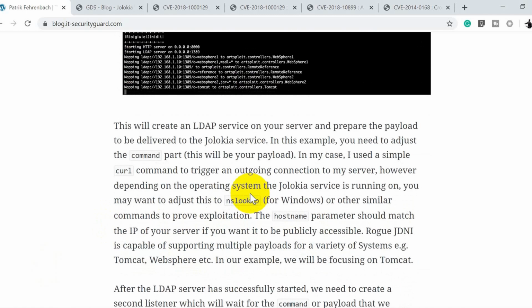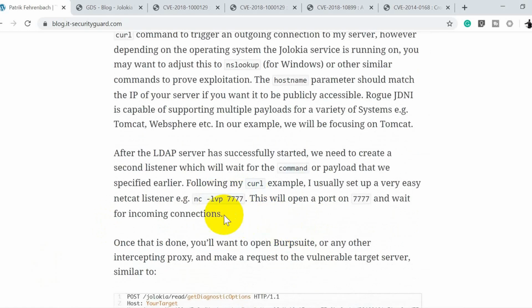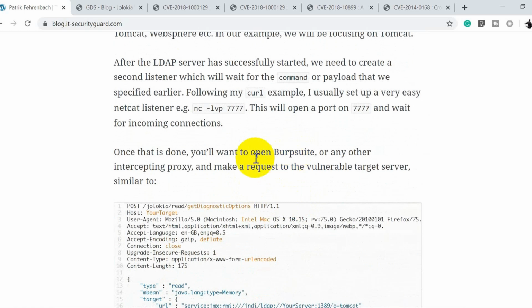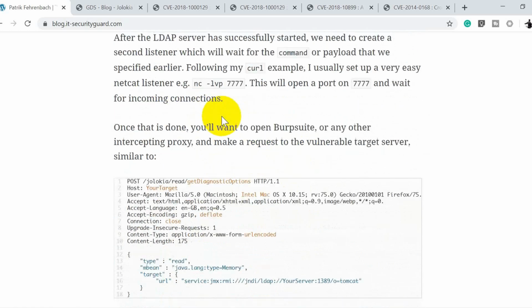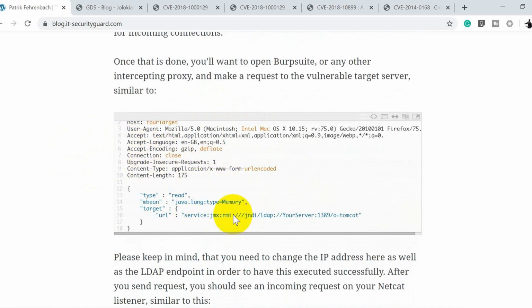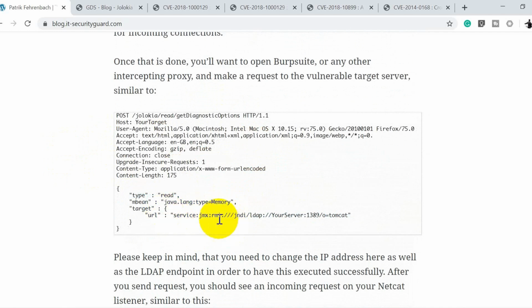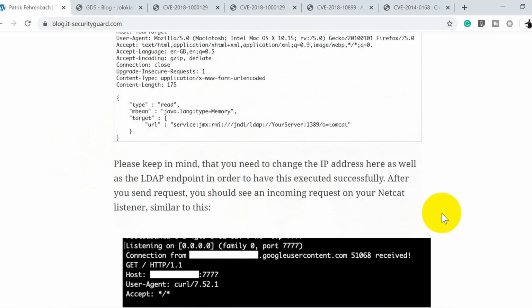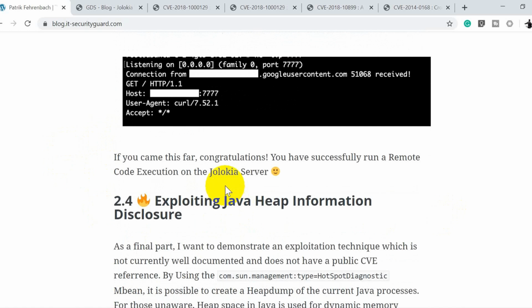Again, using this method, you can basically run commands like nslookup, hostname, perform a remote code execution, which he did finally to get a reverse shell using netcat. So you can go through this POST method body request, which clearly speaks about the type, the mbeans, the URL, and all those things, right? Which also gave him a remote code execution kind of.